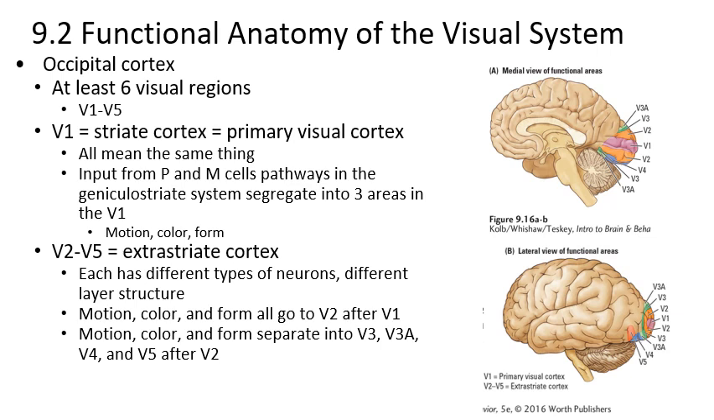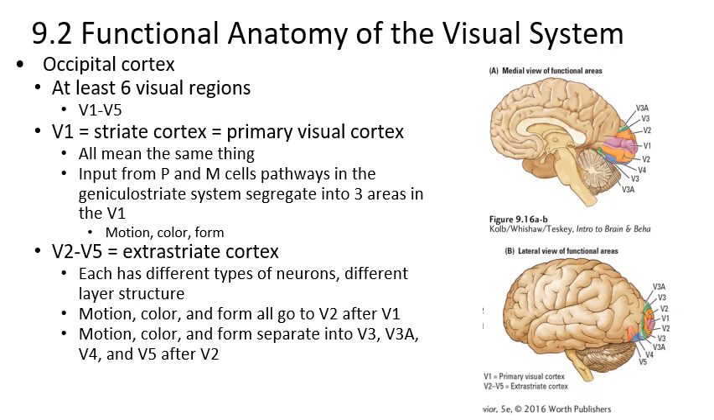Input from both M and P cells, those pathways in the geniculostriate system, segregate into 3 areas in the V1. So there are 3 separate areas within the V1 that code for motion, color, and form separately. In the V2 to the V5, which is also known as the extrastriate cortex, which means outside of the striate cortex,